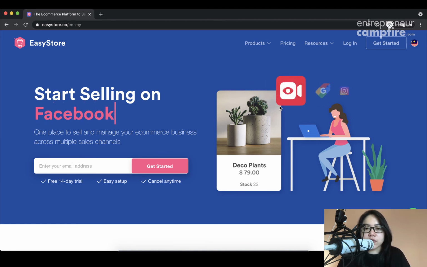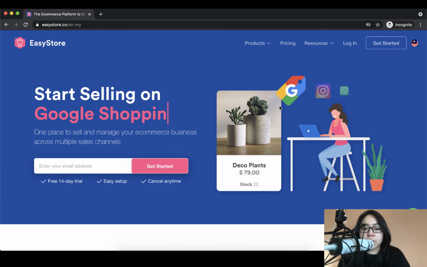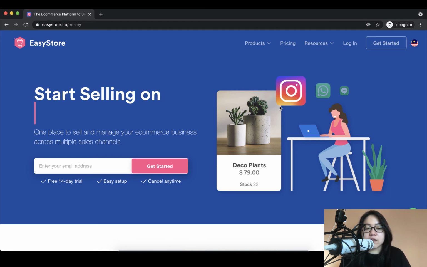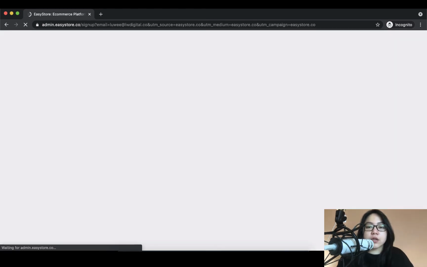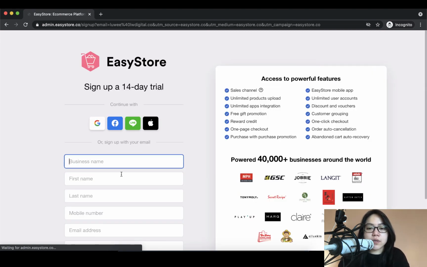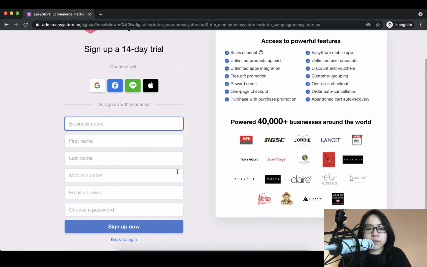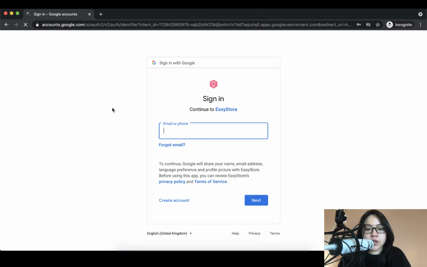So to get on the free trial, all you have to do is go to the home page, and you can see on the very top of the page there is a button there which says get started. Next to enter email and free 14-day trials, etc. So all you have to do is key in your email here, okay, and then click on get started. Go through this process. Okay, so I'm just gonna choose that.